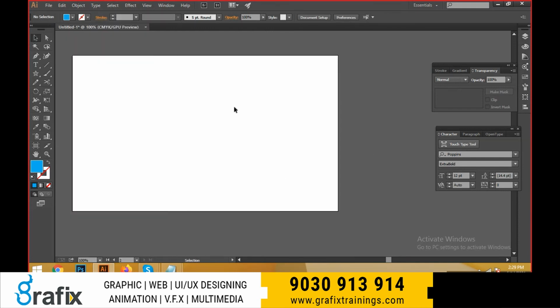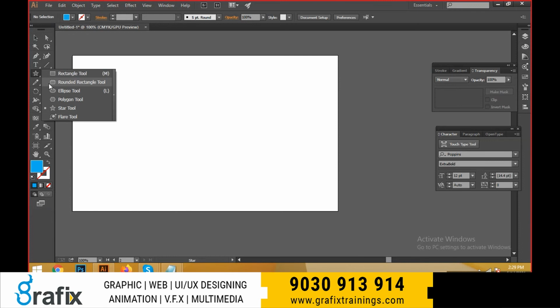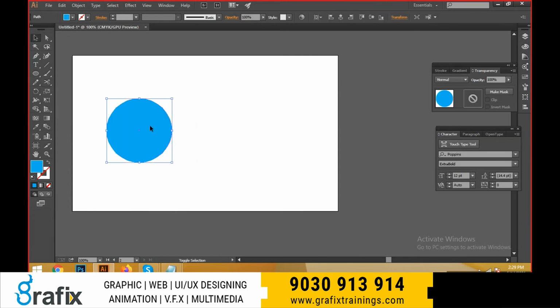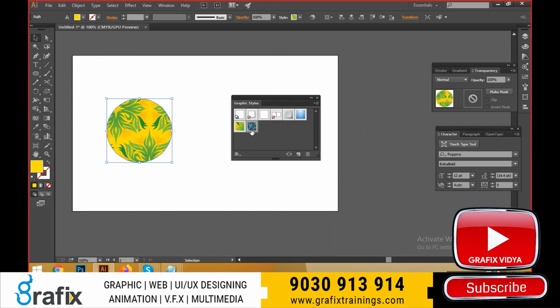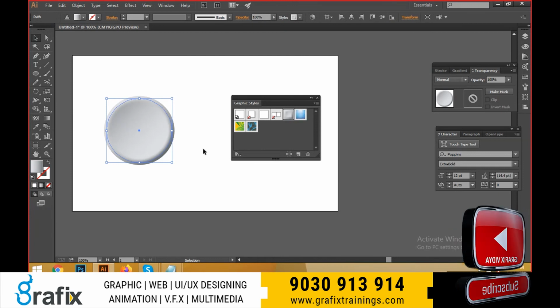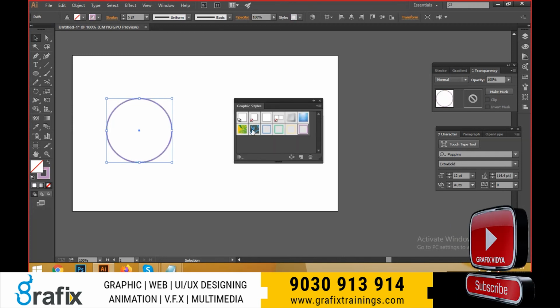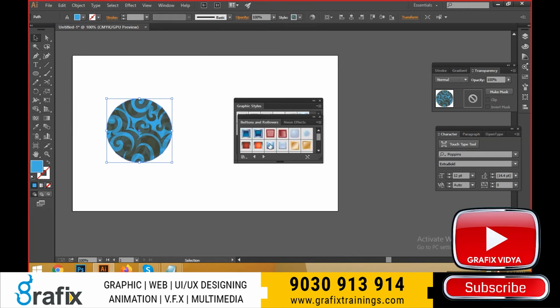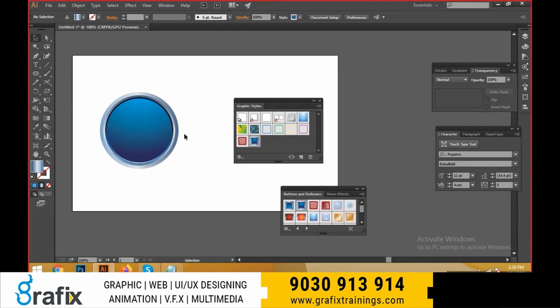Now come to here, make it an expand appearance. Sir, here we have expand. Okay, we can divide stroke and fill separately. But what is expand appearance? Definitely you can take a round circle, guys, and we have some styles here called graphic styles. Select the graphic styles here, and I can apply a graphic style. Nice. Click it here, make it some neon effects, and you can go for some buttons and rollover styles. Exactly. See, what is this, guys? These are the effects, the styles I applied to the object layer.